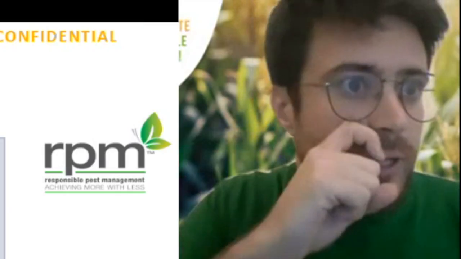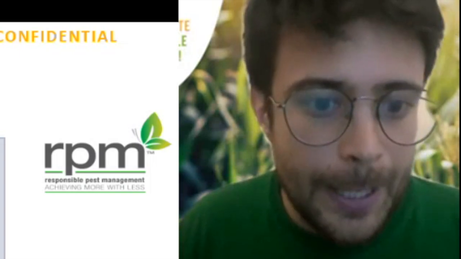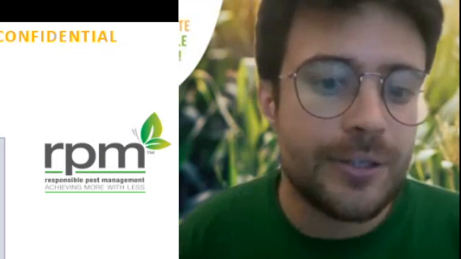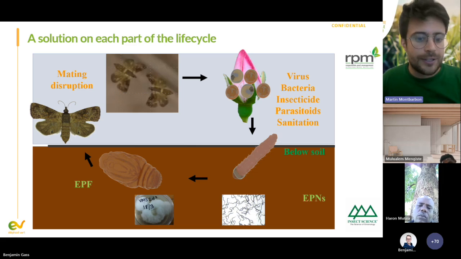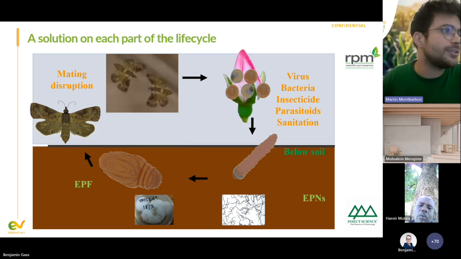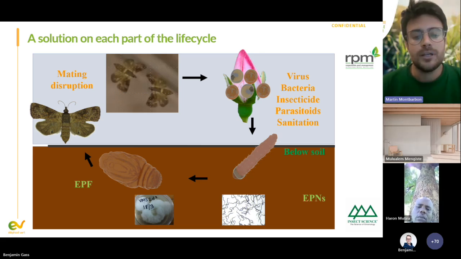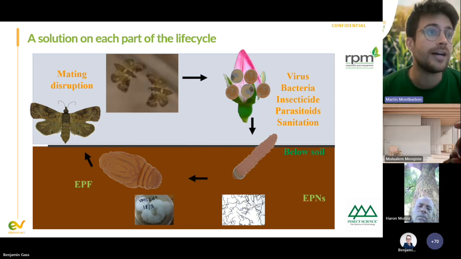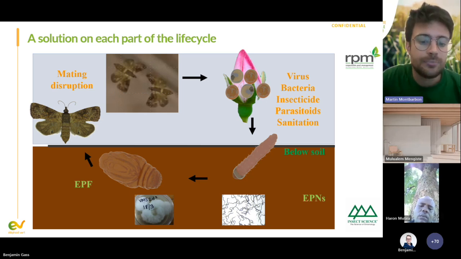The eggs are quite small and sometimes difficult to see with the naked eye. And immediately after hatching, the larvae will burrow into the rind of the host plant. That makes most conventional molecules a bit difficult to work. But we have many solutions such as virus, bacteria, conventional molecules, and then also you have parasitoids that are attacking eggs and larvae. Once the mature larvae spin the cocoon and pupate